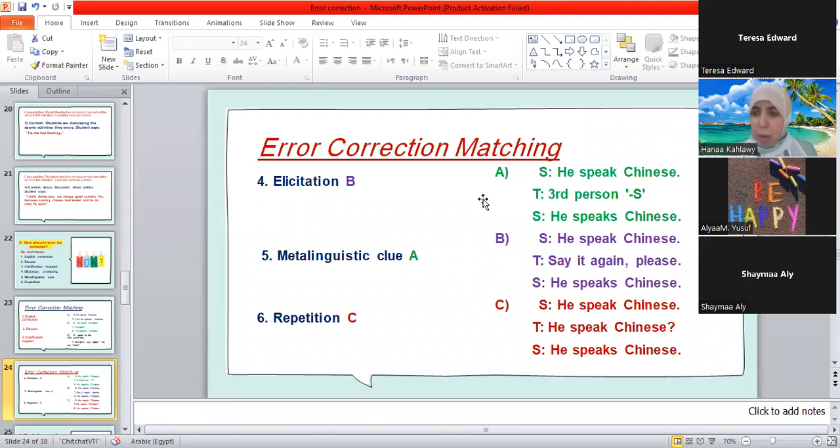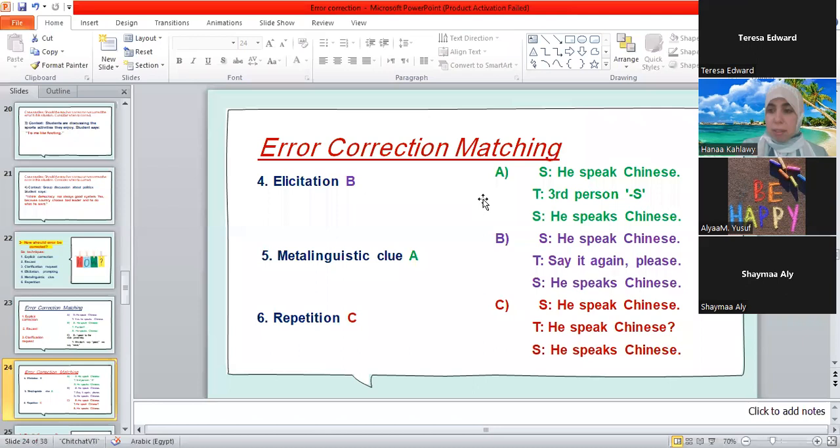So you can give him a clue in a simple way, because I know that my students don't know what is third person. They don't know what is present continuous. Yes. My students can differentiate between singular and plural. They can look at my fingers pointing to just one finger, and yes, it would be a clue, and remind them he should put S in this case.